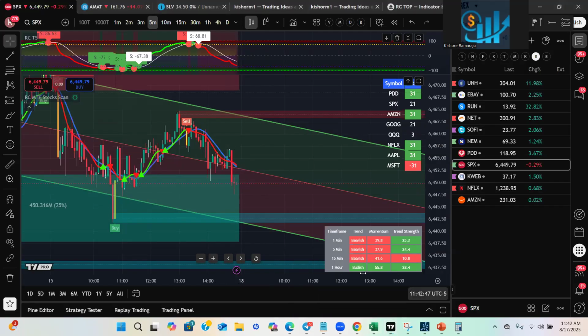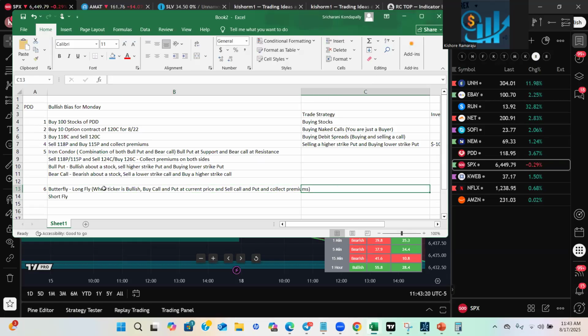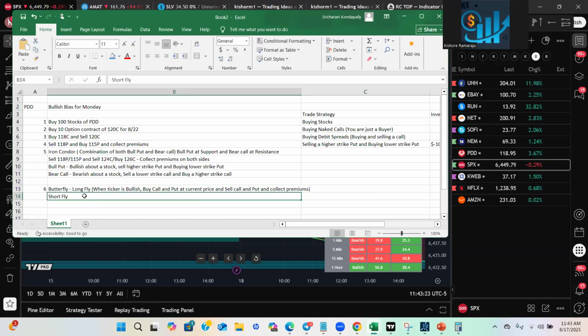right? So long fly, when ticker is bullish, buy call and put at current price, and sell call and put. When ticker is bearish,